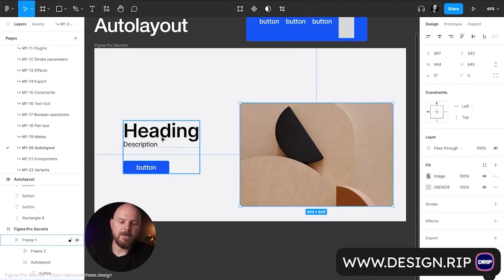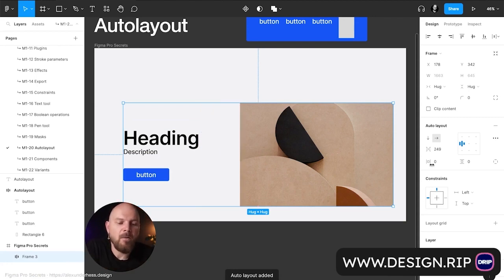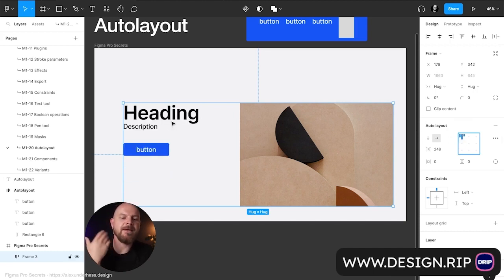I select the image on the right, I select the left content, the content on the left, and I add another auto layout, Shift A. And now, because the align is set to left center, this element is aligned, like horizontally, is aligned with the image itself. If I set it to top left corner, then the content will start from the top left. If I set it to the middle,